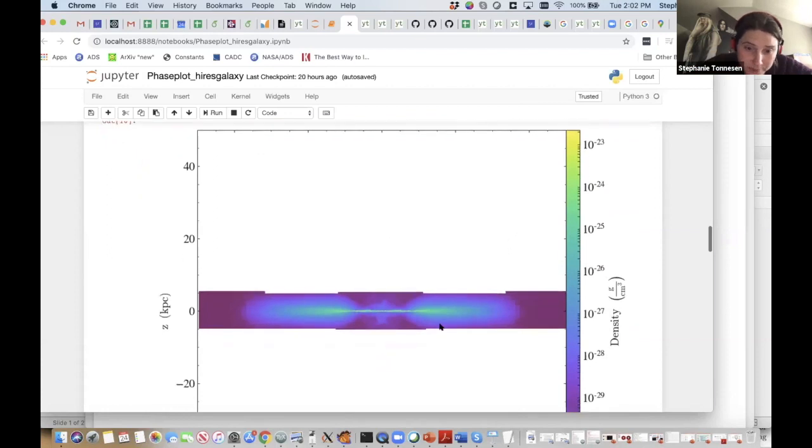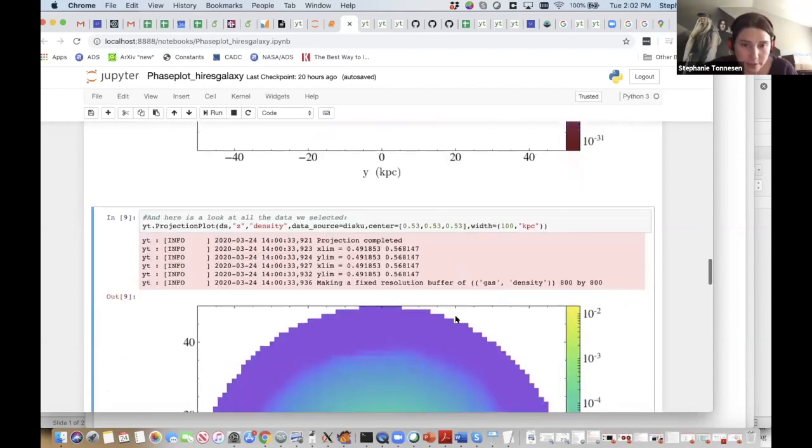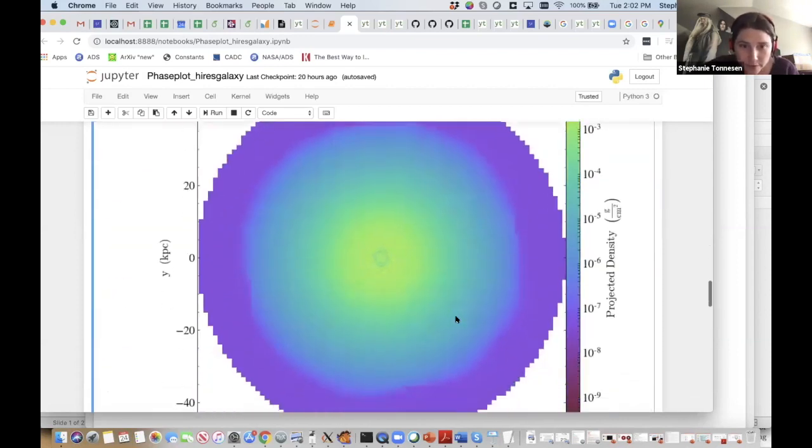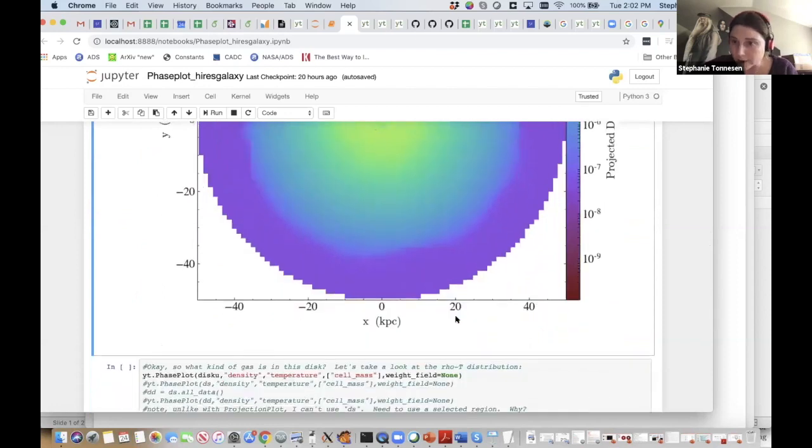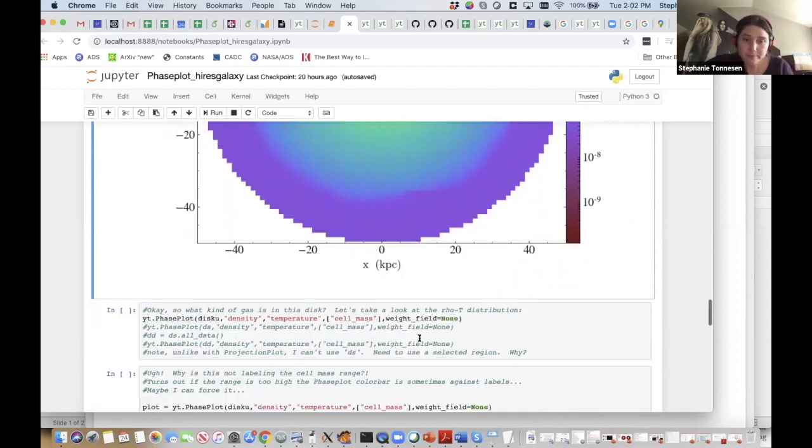Yeah, so then when I look at this from the side, I can see my 5 kiloparsecs is definitely mostly selecting the disk. I might have some excess, not disk gas, above and below and to the sides. So it's always worth doing a few selections of your region. I like to compare my disk region to a box region to make sure I'm getting similar gas. Okay, so we can look at the density temperature distribution of this gas to actually see